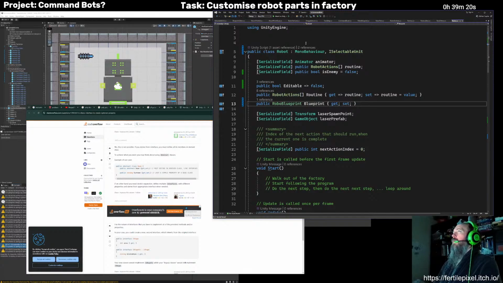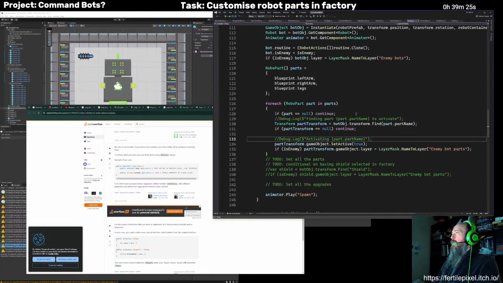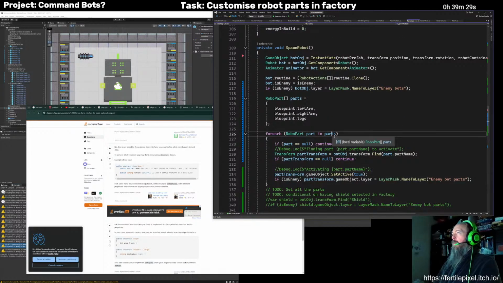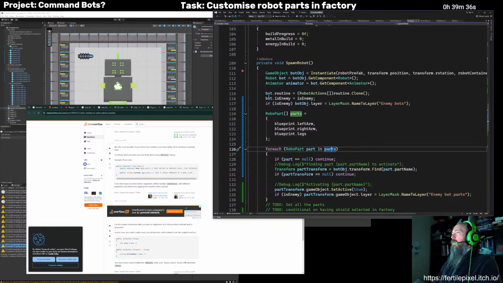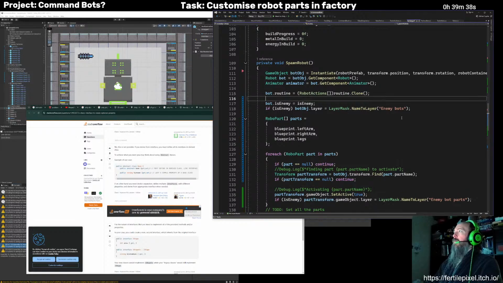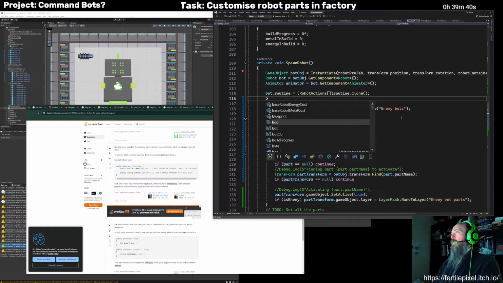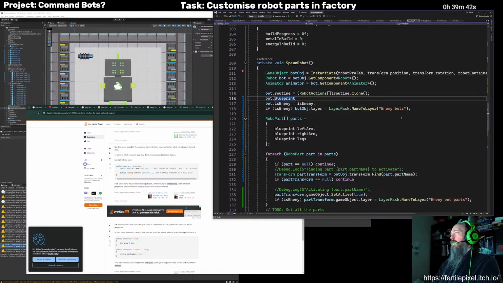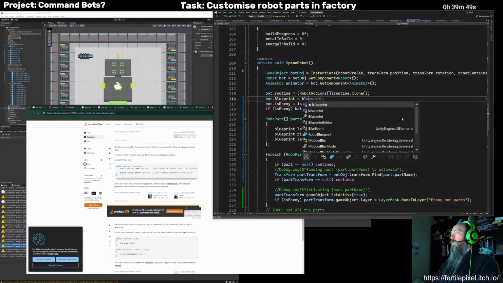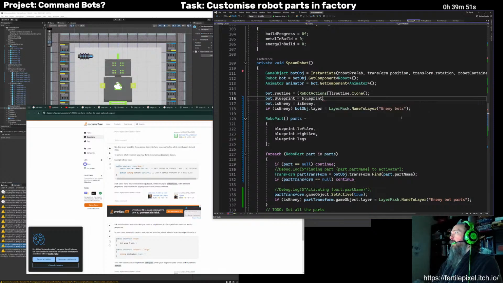So we create it with the factory. And then yeah, we've got our parts from our blueprint. Blueprint is equal to blueprint.